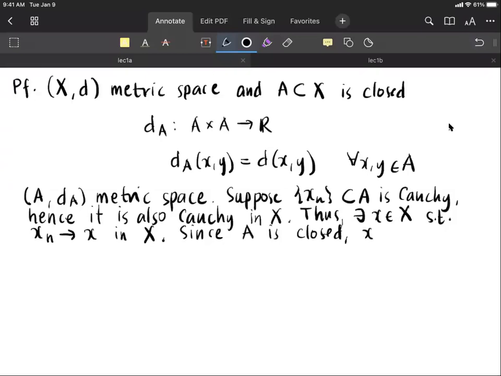Therefore, x must be in A, and the sequence also converges with respect to the metric topology on A,